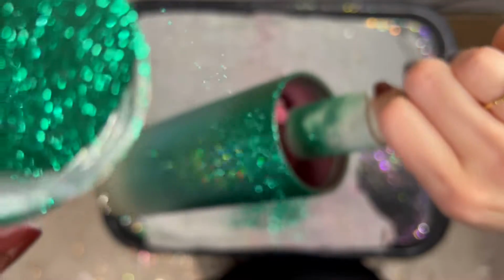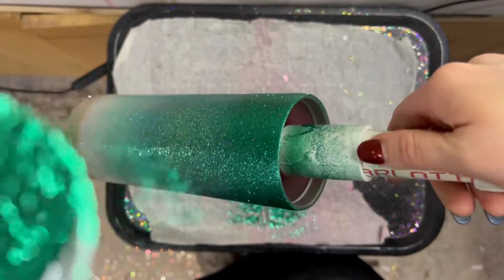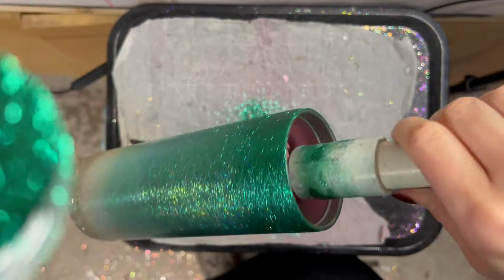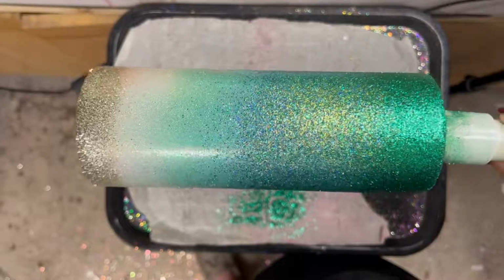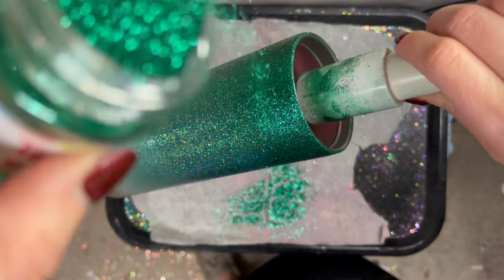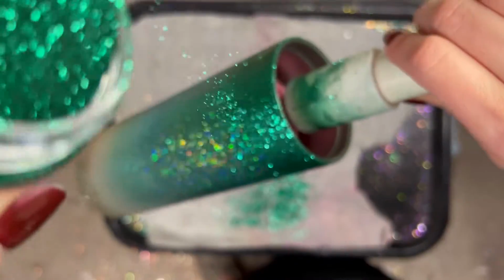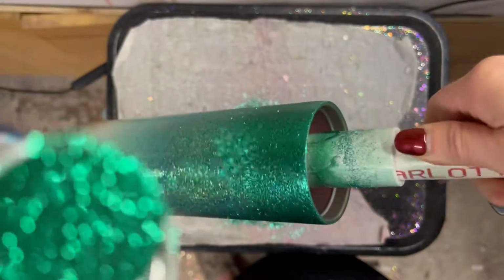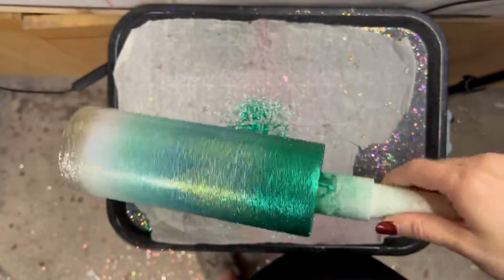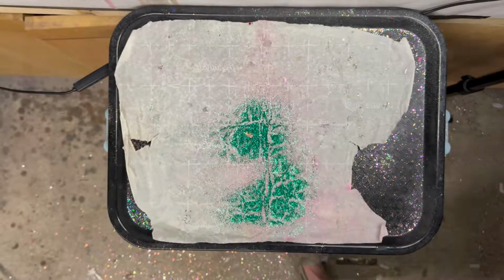So I kind of simultaneously turn and tap, and that's really going to help you get a soft ombre into that Seafoam with the stronger Tommy color. So I'm going to continue this process until I like my coverage, until I like how my ombre looks. Now I am going to keep in mind I'm going back in with the Seafoam when I'm done with Tommy